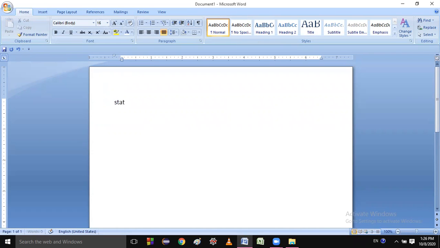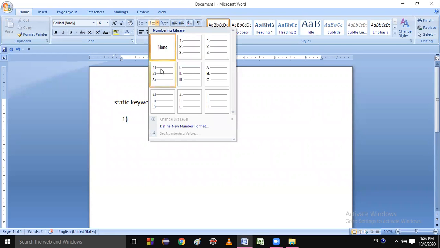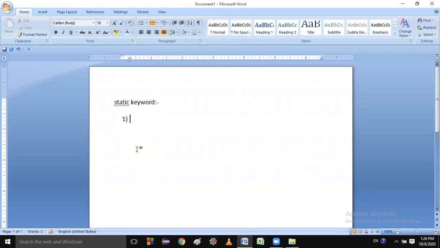So, the static keyword. You know static is a keyword. In Java, every keyword is written in small letters. Let me write the definitions also. A static method contains only static members.